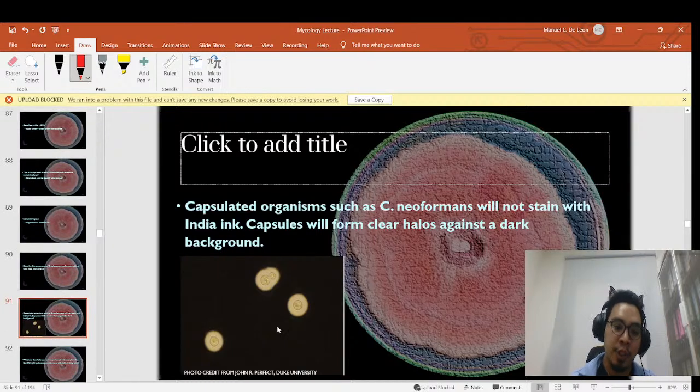This is taken from John R. Perfect from Duke University. I took it from a research paper by John R. Perfect. So see, I tried to put effort into helping you guys out. This is what it looks like. Look at the background, guys. The background is black, whilst the organism has some sort of halo, and that's the appearance of